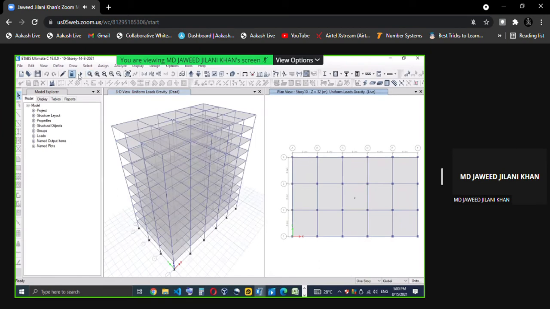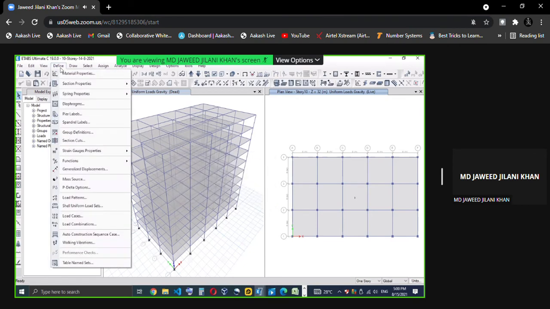So I'll unlock this file. To make any changes, I need to unlock it. I'll go to define, and go for the earthquake load. So I'm going for the load pattern.